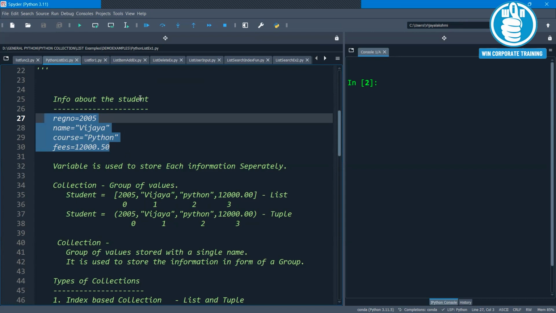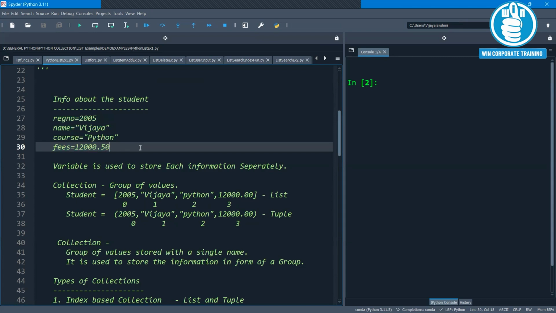Instead of storing all the information in separate variables, we can group all the information about the student into one unit, either by using a list or by using a tuple. And we can identify the group of values with a single name. That is what we call a collection.